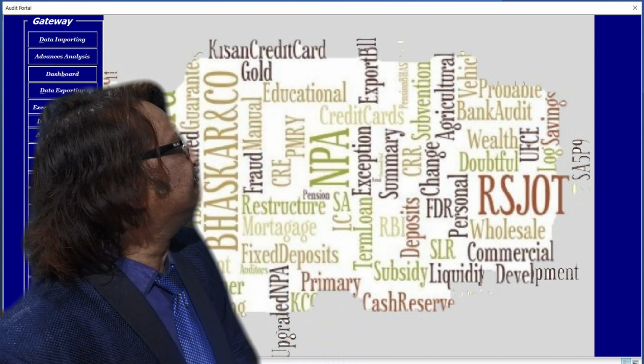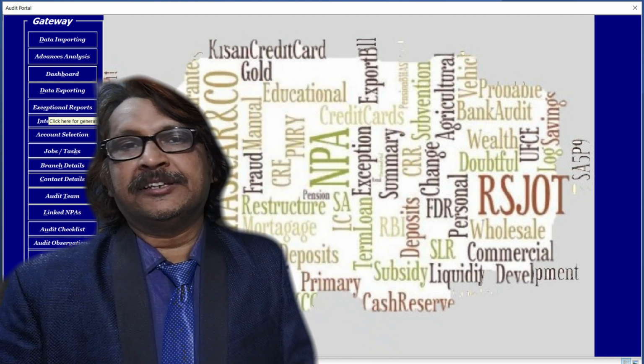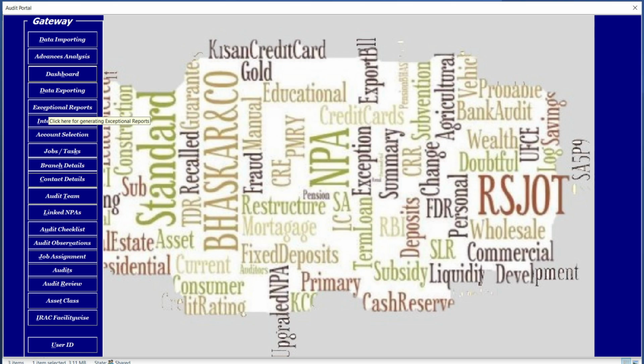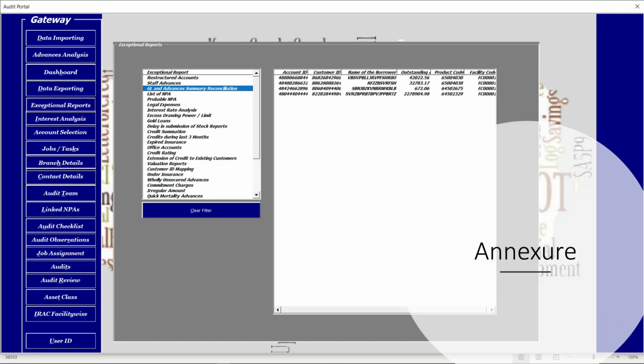After importing the CCDP file and subsequent data validations, just click on the exceptional reports, click on the GL reconciliation. Wow, within a jiffy, we have got the instances of omitted transactions. Here, we have got 4 such instances which have been omitted from the CCDP file.